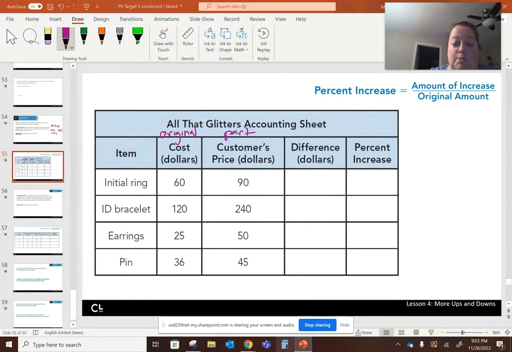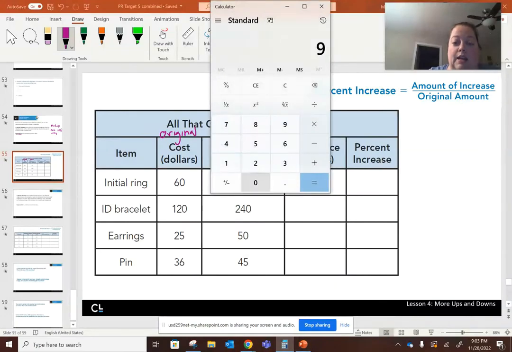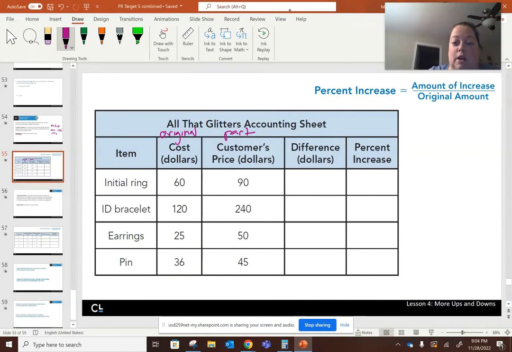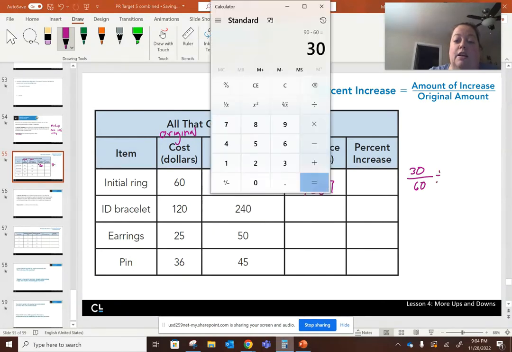I can go to my calculator and type in 90 minus 60, and that gives me 30. So I'm finding the difference: 90 minus 60, so my difference is 30. Then I'm going to use that difference, the amount of the increase. It increased by 30, and I'm going to divide it by the original, which is 60. So 30 divided by 60 gives me